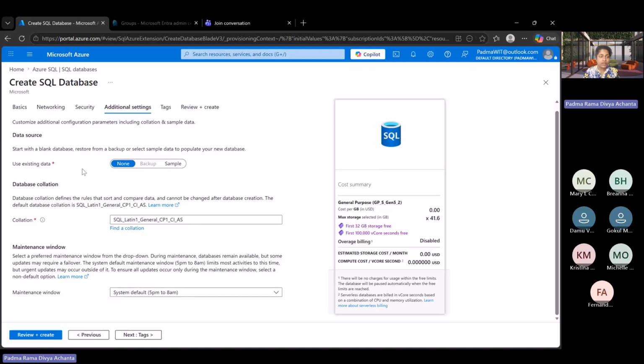So here, data source. You have three options. One is you create everything from scratch, where you want the database to be created from scratch. Or, if you have a backup available from any previous Azure SQL database, you can use that backup. I don't have any backup available, though. Or